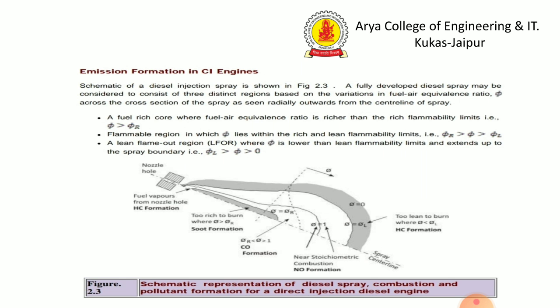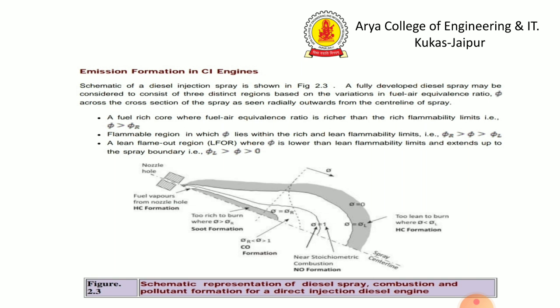A fully developed diesel spray may be considered to consist of three distinct regions based on the variation in fuel air equivalence ratio across the cross section of the spray, as seen radially outwards from the center line of the spray. A fuel rich core, where the fuel air equivalence ratio is richer than the rich flammability limit,